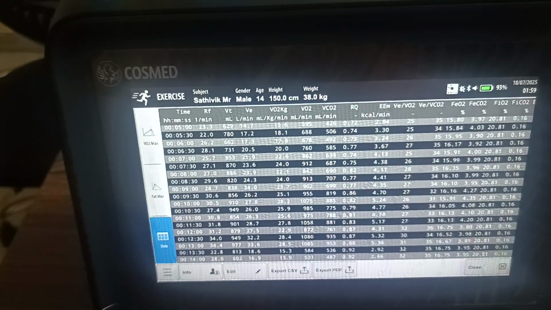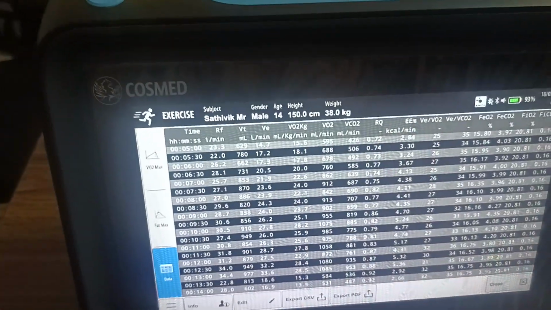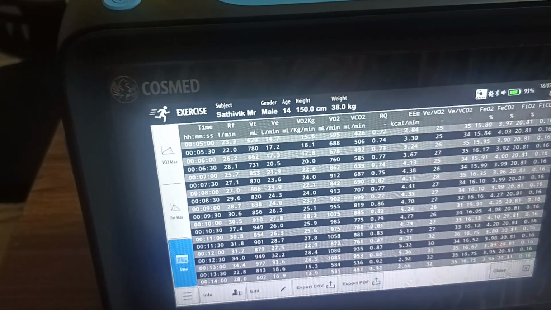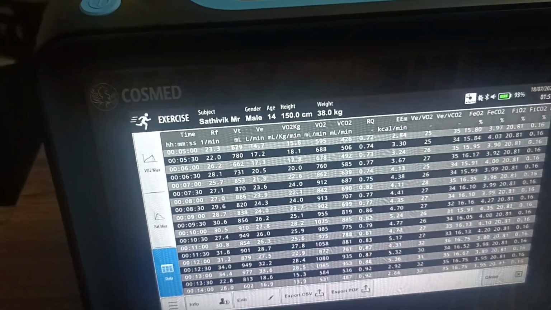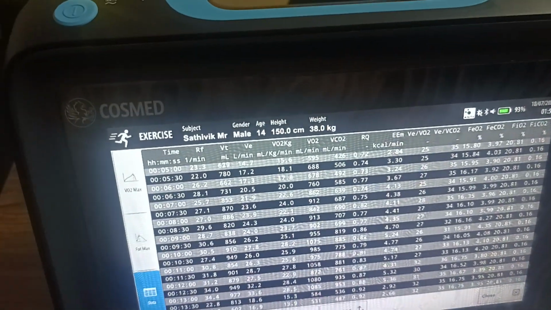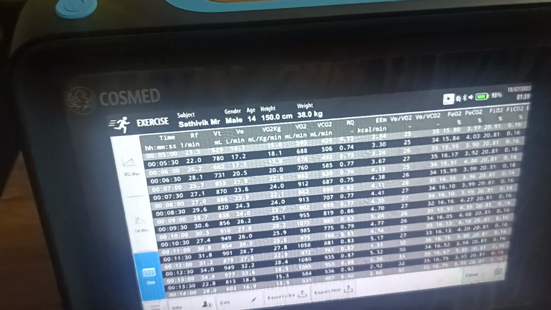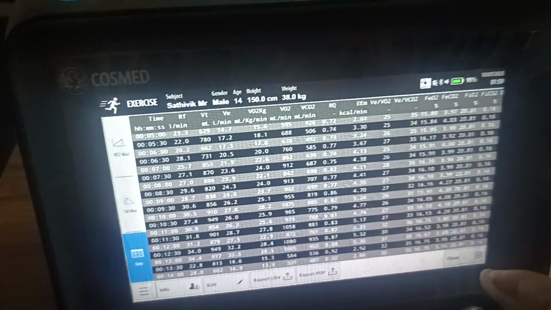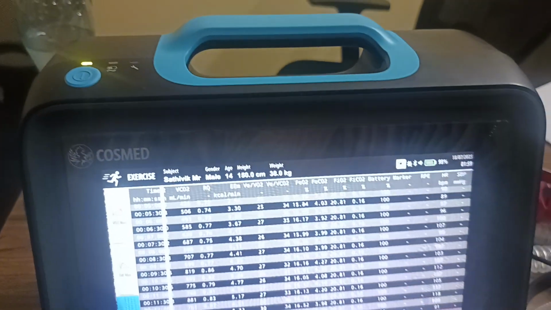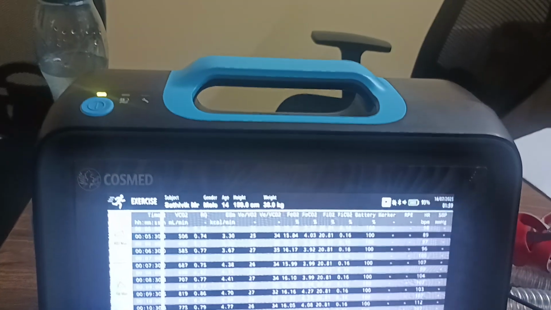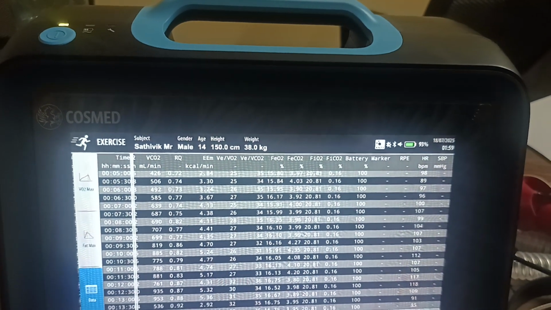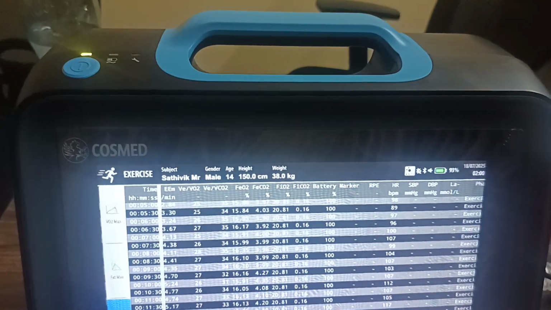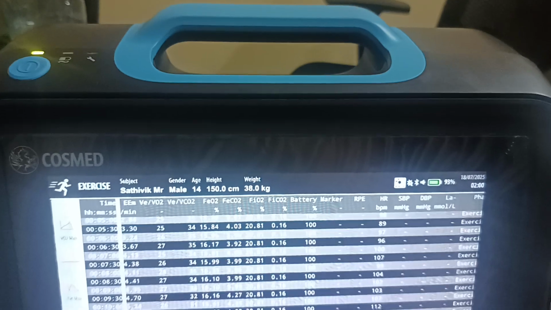expiratory ventilation ratio with volume of oxygen consumption, minute ventilation ratio with volume of carbon dioxide, fractional expired oxygen, fractional expired carbon dioxide, fractional inspired oxygen, fractional inspired carbon dioxide, battery percentage, marker, RPE, heart rate, systolic blood pressure, diastolic blood pressure,